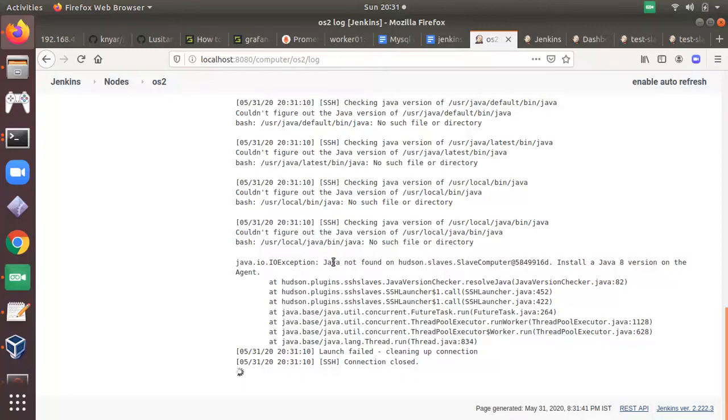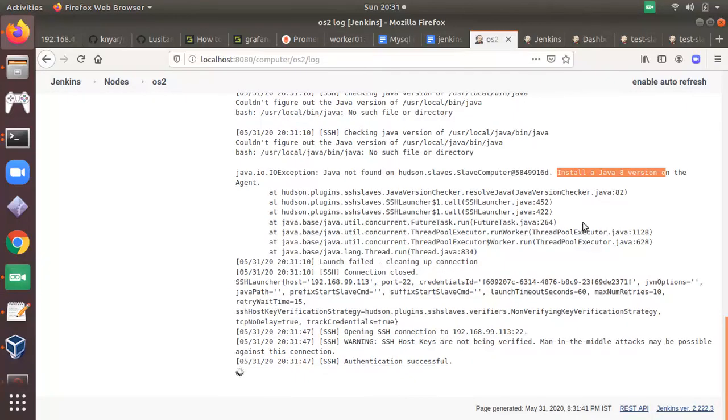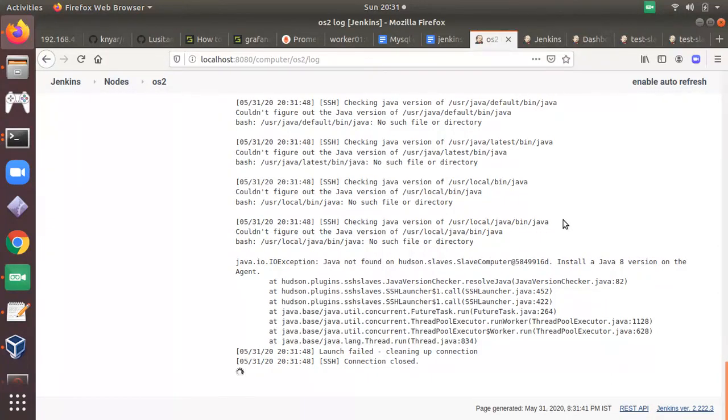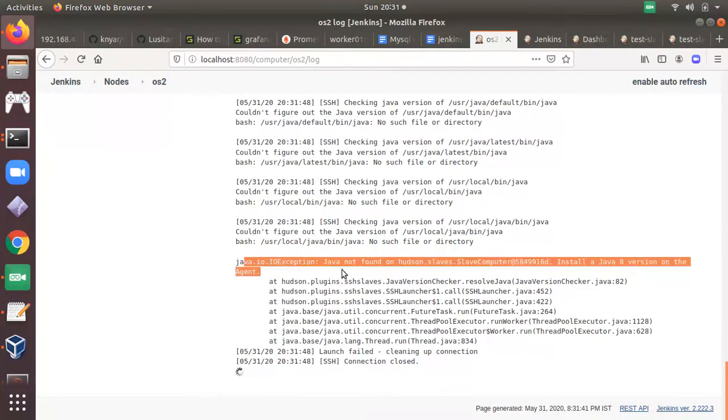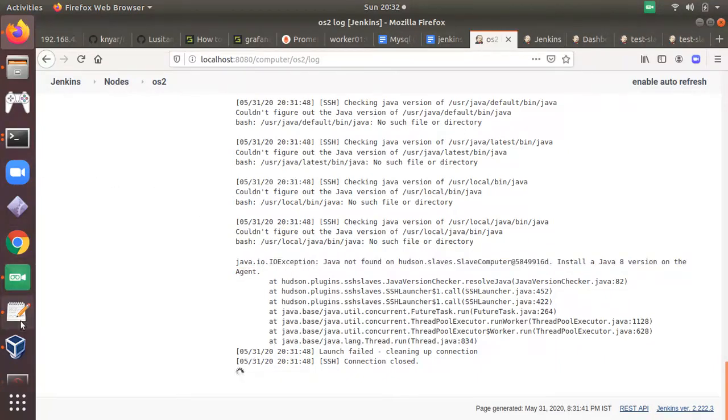It is also showing a message Java not found. Basically Jenkins works on top of Java, and the agent we are going to use also works on top of Java. So we have to install Java in our node machine also.